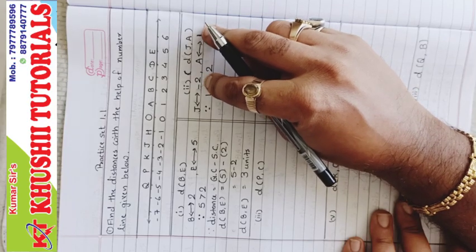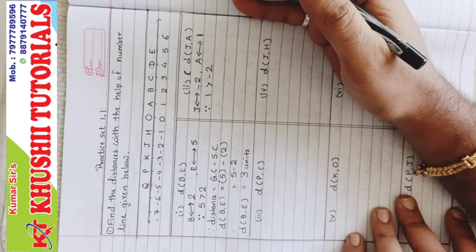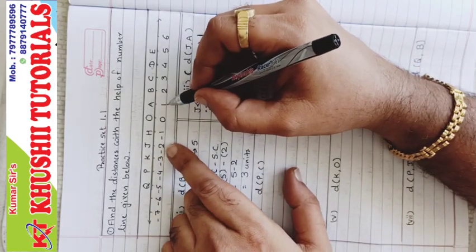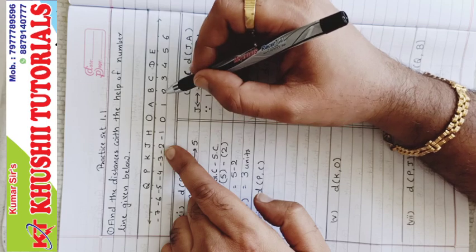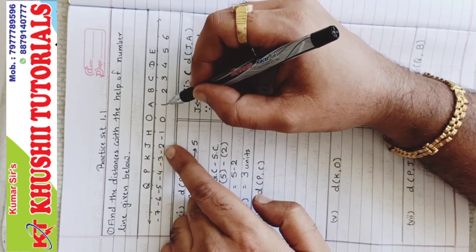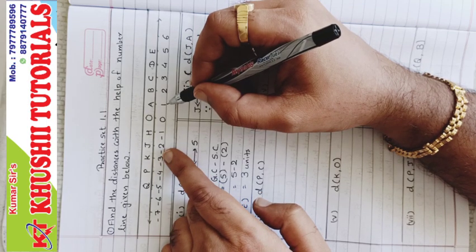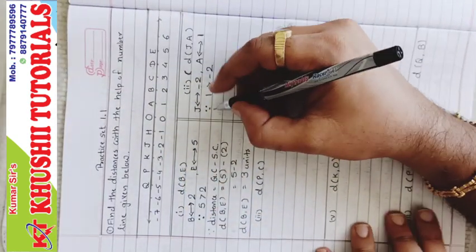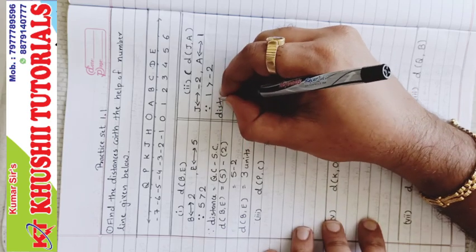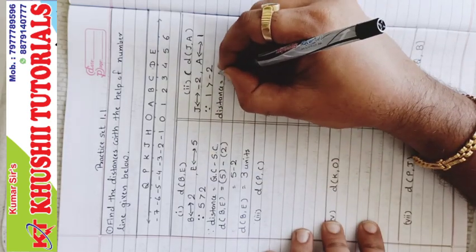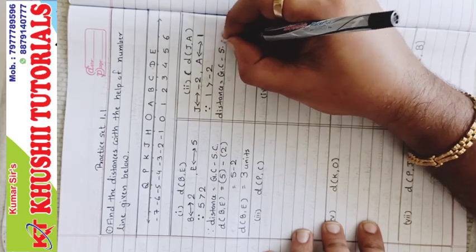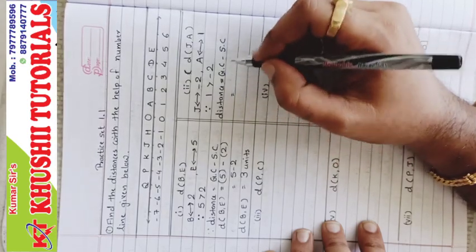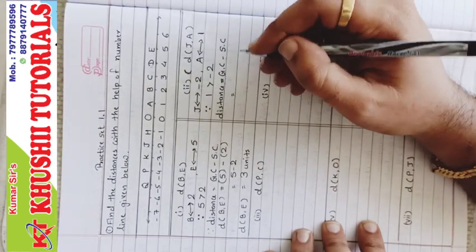You should apply this logic, but if you don't want to apply this logic, one more logic is there, right and left. Minus 2 and 1, which is on the left side? Minus 2. Which is on the right side? 1. So the number to the right is always greater than the number to the left on a number line, definitely. So 1 is greater than minus 2. Now the distance formula: distance equal to greater coordinate minus smaller coordinate. Okay, speak every time. You should speak while writing, a bit louder.